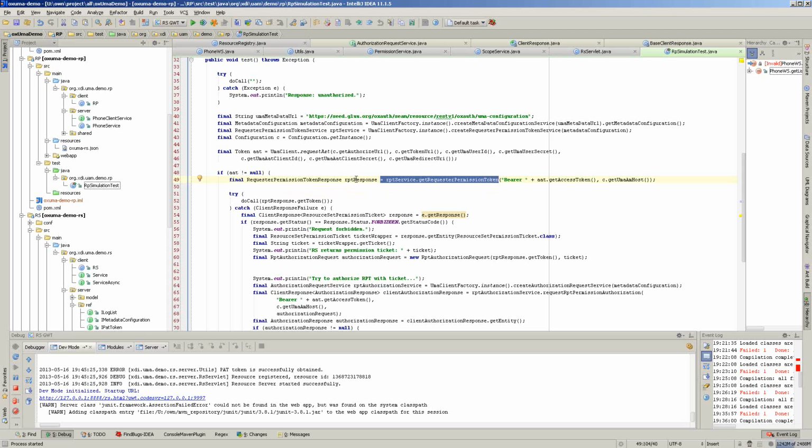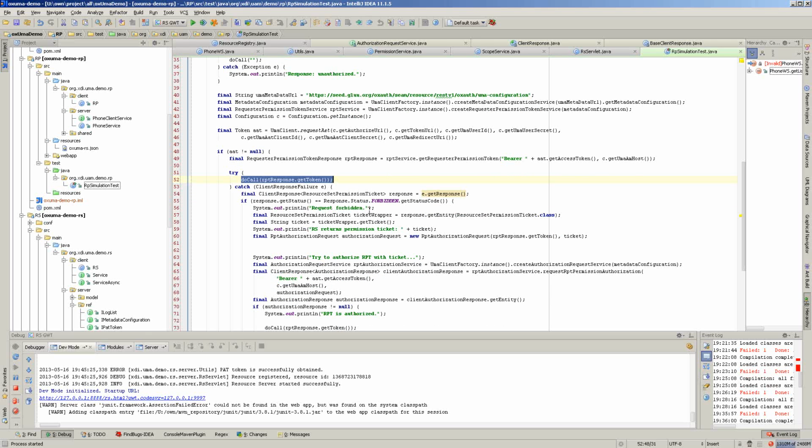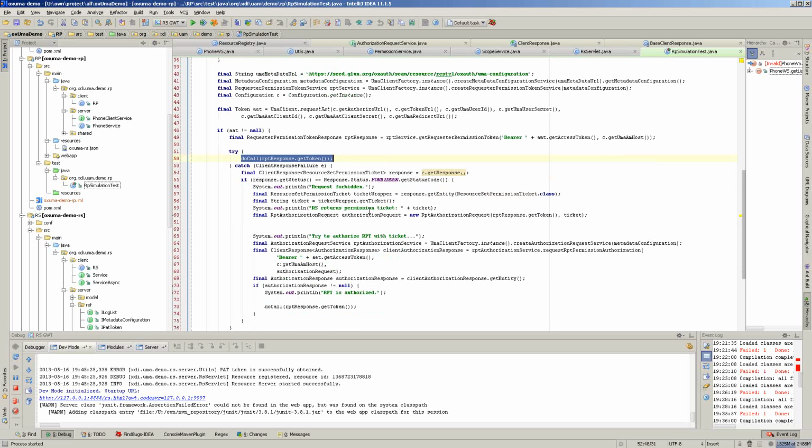and once we get it, we try to do the call, but of course such a call will again fail because we just obtained the RPT token, and it doesn't have permissions. So here we catch the exception, because here we will get an exception. We check the status. The status will of course be forbidden, which is described by the UMA specification. And the resource server will register a permission for us and will return a ticket. So in this response we also got a ticket, and here it is. We take that ticket and